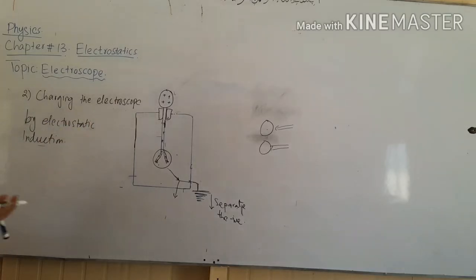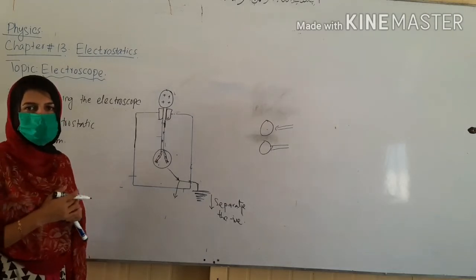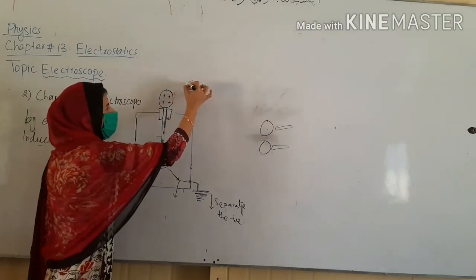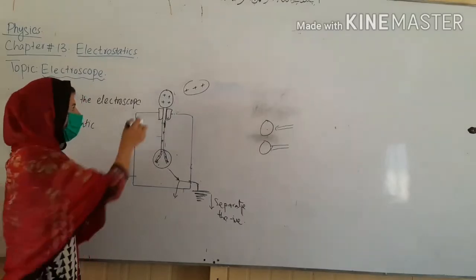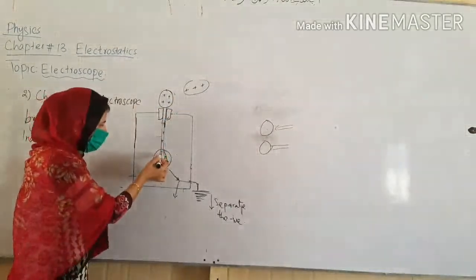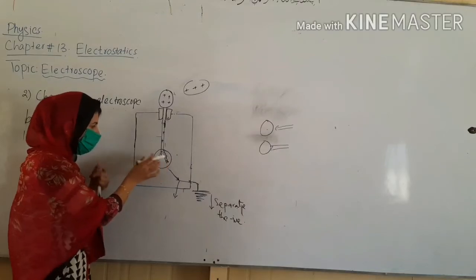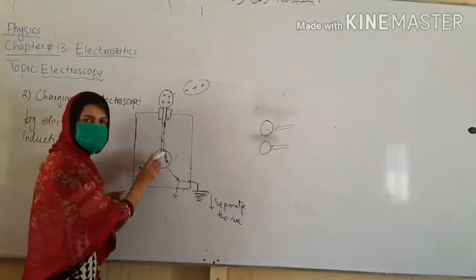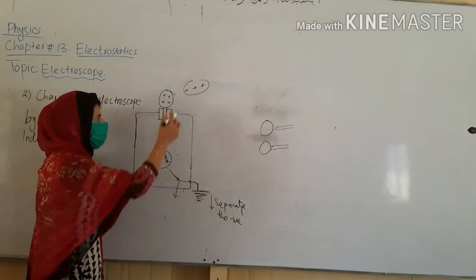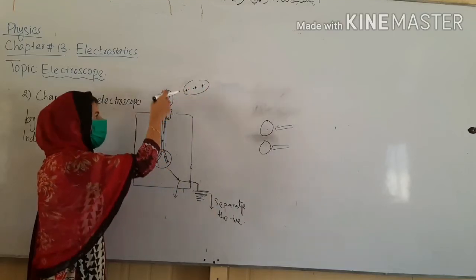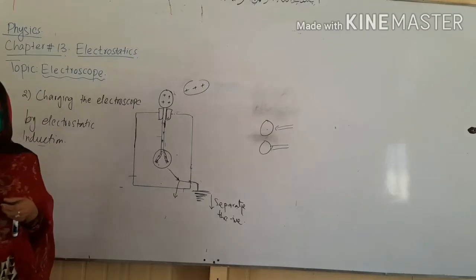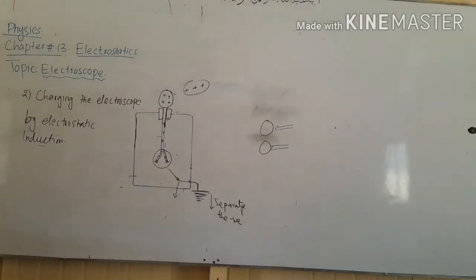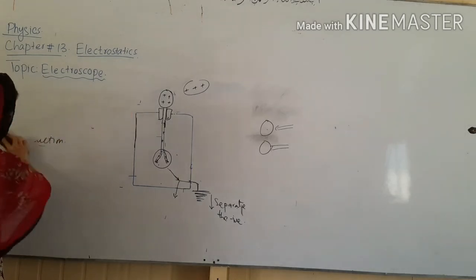Is it clear? I can make it negative. How can I make it negative? By bringing a positive charge near the electroscope. Then negative charges will be separated here and positive charges will move towards the leaves. Then I will remove these negative charges to the aluminium ground and then I will remove this rod away. Then the whole system will have a negative charge. This is all about charging the electroscope by electrostatic induction. Is it clear? Now the third application of the electroscope is